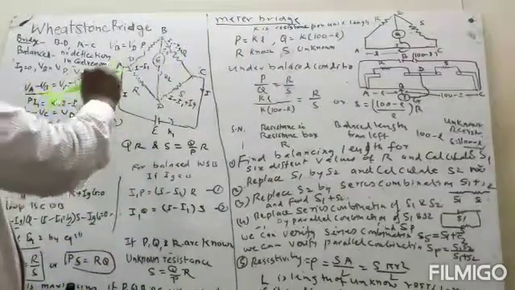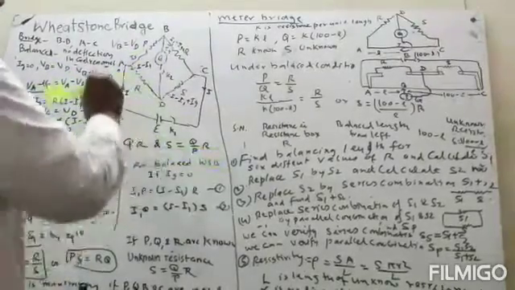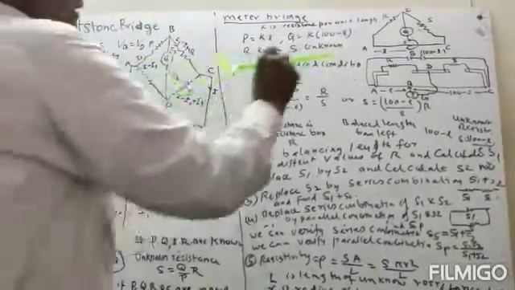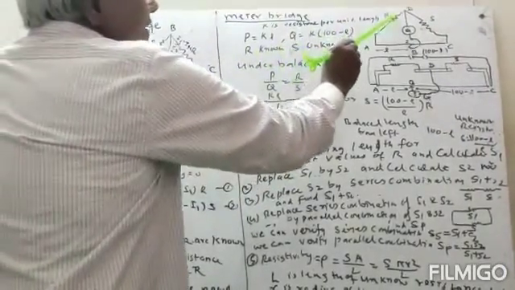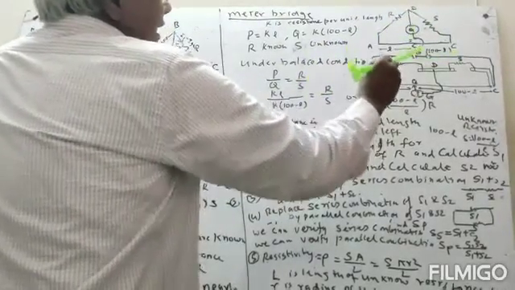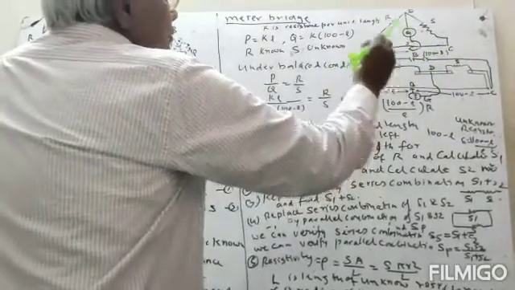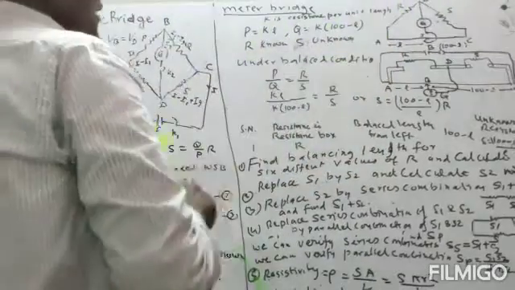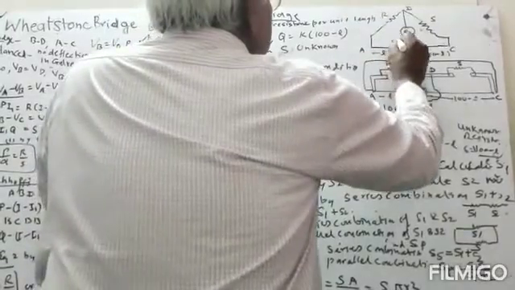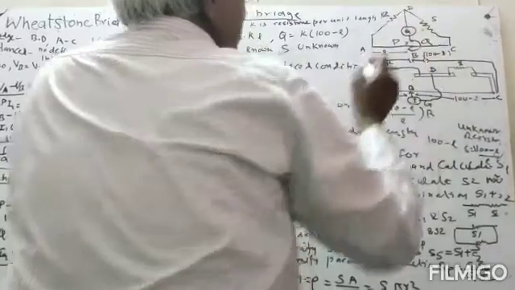Now if we take this circuit and make it like this, then these two resistances are in terms of wire. So here is one resistance, and this another resistance, and these two resistances are here, and here is the galvanometer and there is a key. So here we will take this as the P resistance, this as the Q resistance, this as the R resistance, and this as the S resistance.